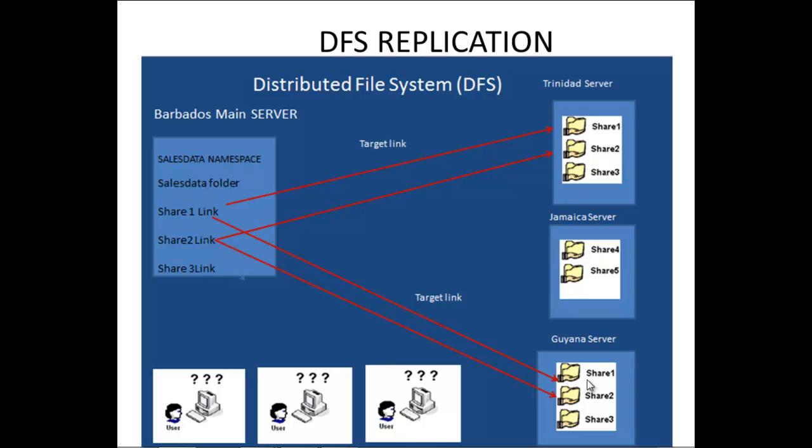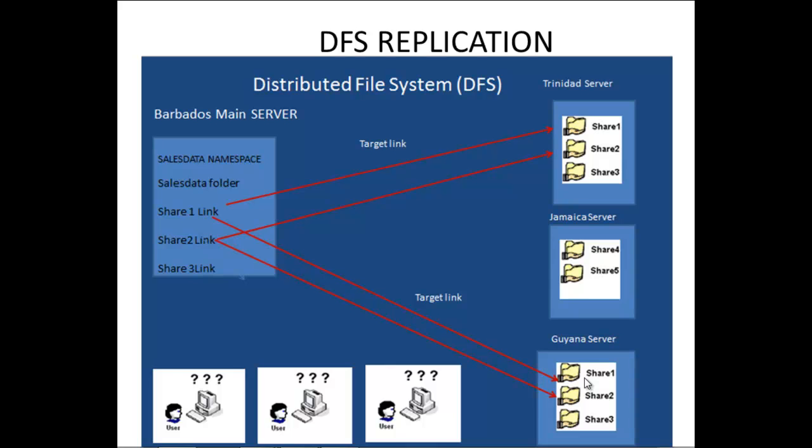What we want to do is to keep the data synchronized between these shares, because one is simply a copy of the other. If there are changes made to share 1, insertions, deletions, new files, those changes need to be replicated to the share 1 on the Guyana server. DFS replication uses a new compression algorithm called remote differential compression, known as RDC. What RDC does is it detects insertions, removals, and rearrangement of data in files,